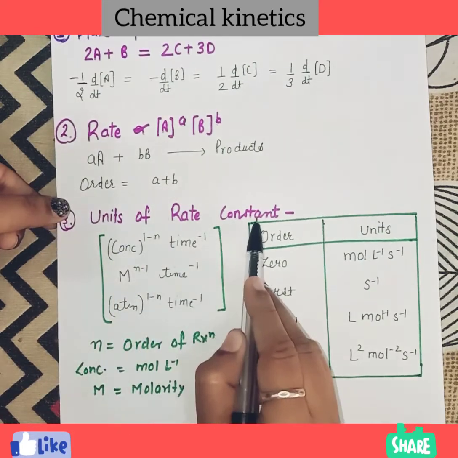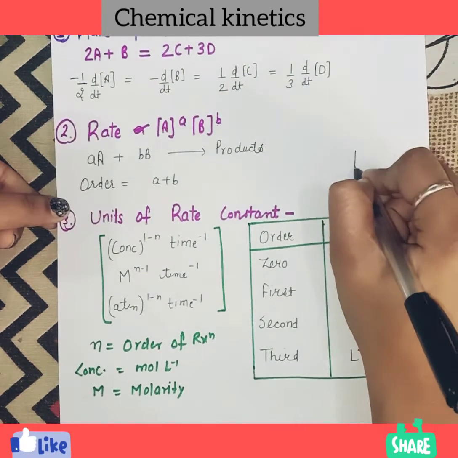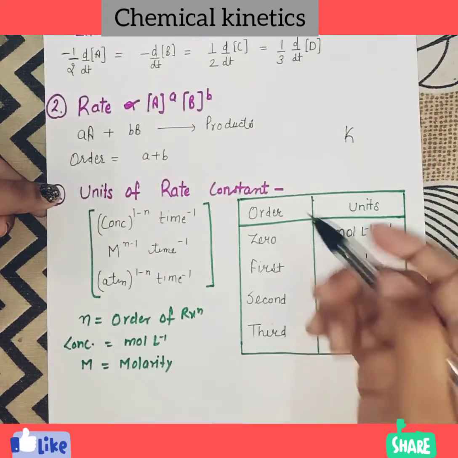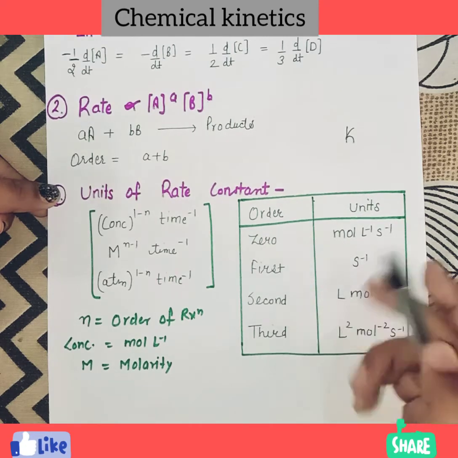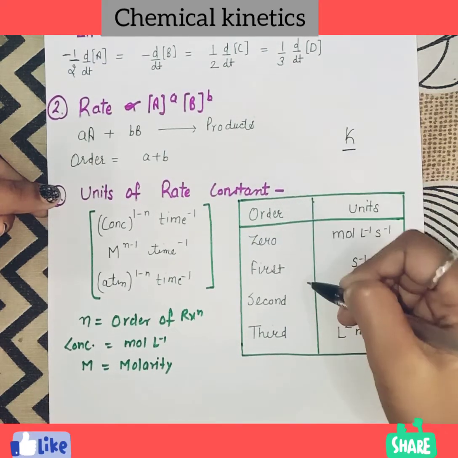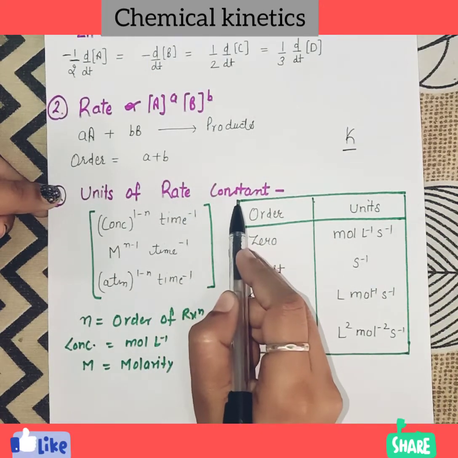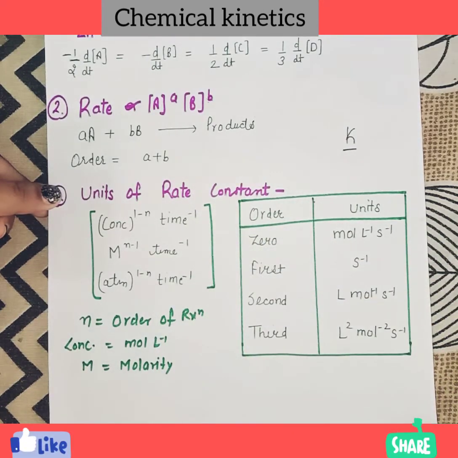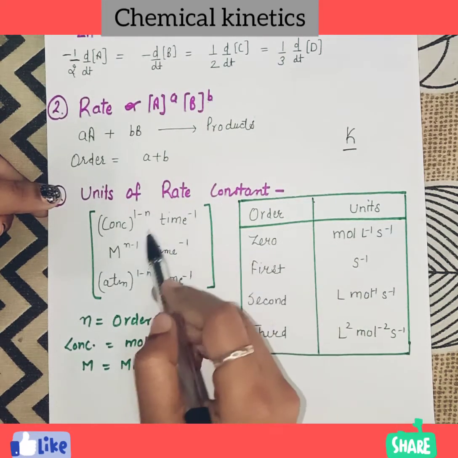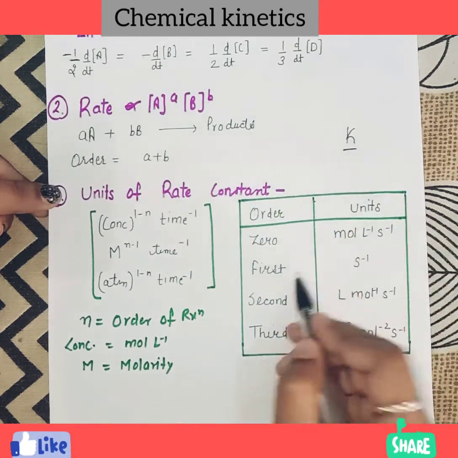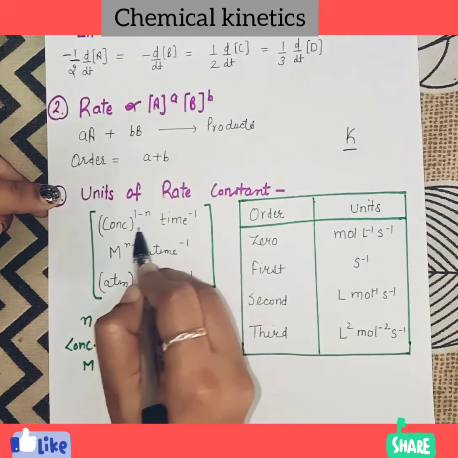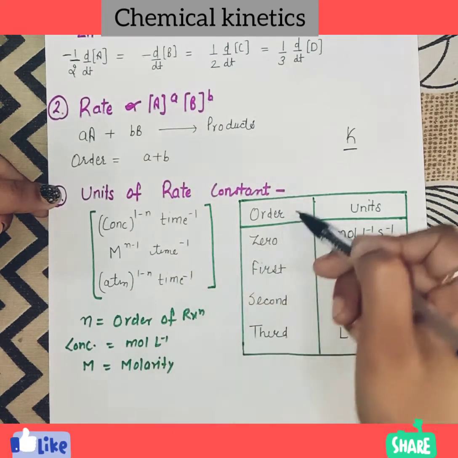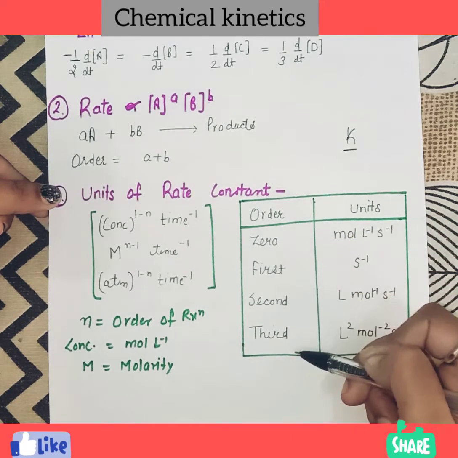So guys, units of rate constant, it's very important. Here is rate constant. We have order of reactions: zero order reaction, first order, second order and third order reactions. Here there is rate constant in every case. To find the unit of rate constant is very important, because many of the entrance exams have asked this question: what is the value of rate constant of first order reaction, of second order reaction, or any of the order. So here is a very simple formula to calculate rate constant units of all these orders.